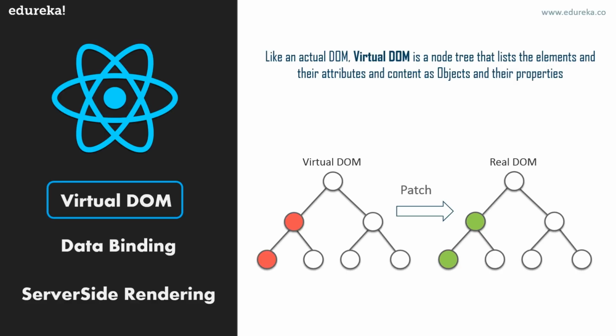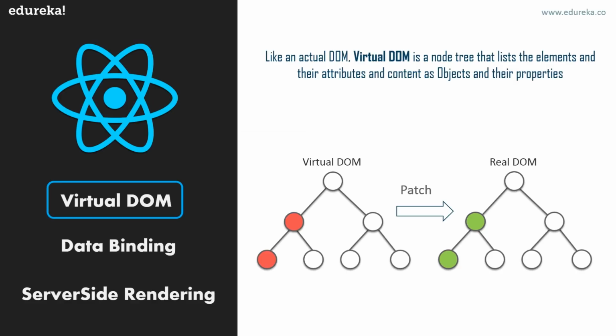Manipulating the DOM is a slow process, but manipulating the virtual DOM is a very fast process, or you can say it's much faster, because nothing gets drawn on screen. It's like manipulating the virtual DOM as editing a blueprint as opposed to moving the rooms in an actual house. As you can see on the screen in the given tree, the red ones are the ones which have been changed, and they have only been patched to the real DOM instead of the complete tree. So that is the power of a virtual DOM, you can say.